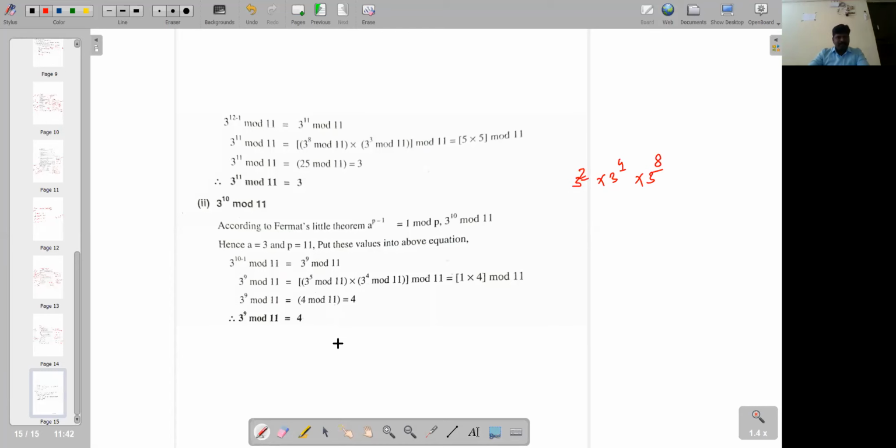Okay. At the end, you are supposed to find out the results for whatever the modulus is. I think they have given something here. They may need to find it for, I think, some mistakes. They wanted to find out 3 power 9 mod 11. What was the question? The problem has 3 power 10 mod 11. If you are solving this 3 power 10, what results are you getting?